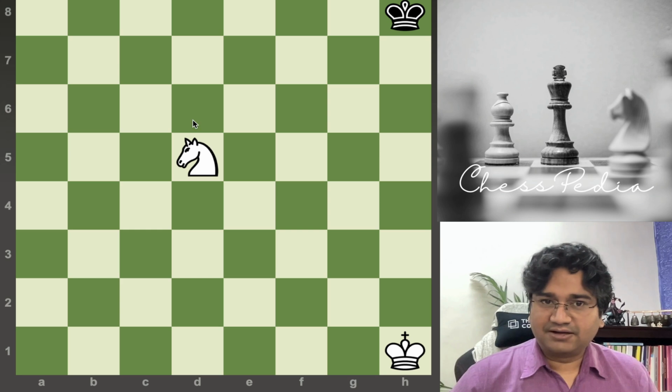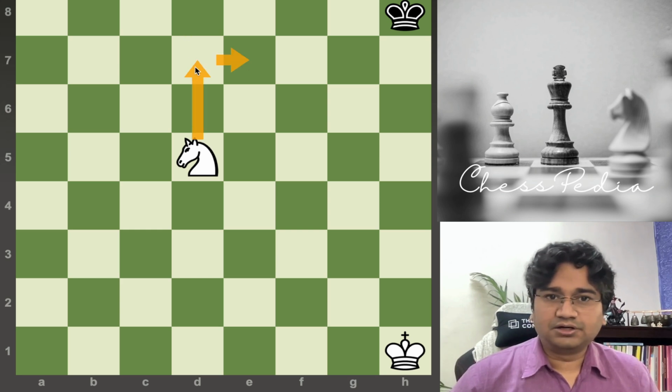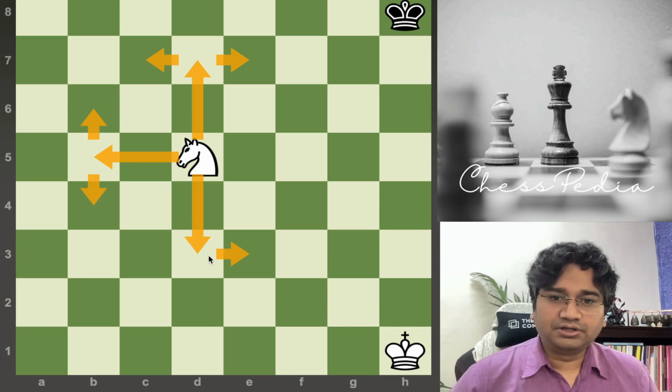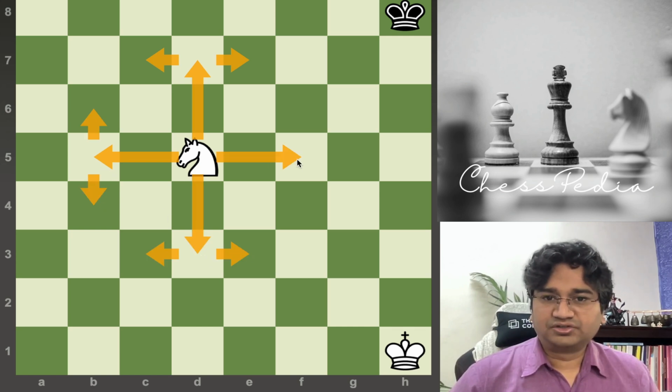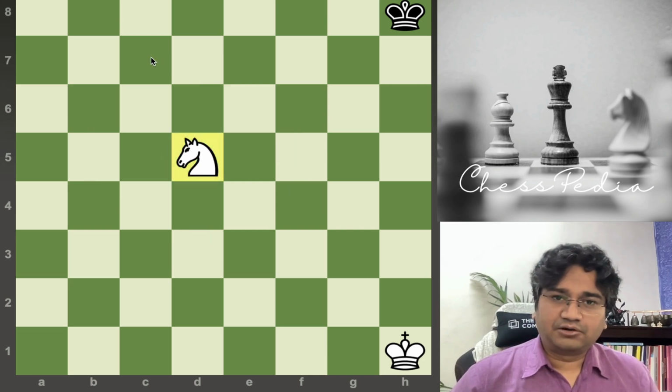Two moves straight and then a turn. Two moves straight and then turn here or here. So that's how it goes. Two moves straight, then turn here and here. Two moves straight and turn here or here. Two moves straight, then turn here or here. Okay. So let's play it at 1, 2,